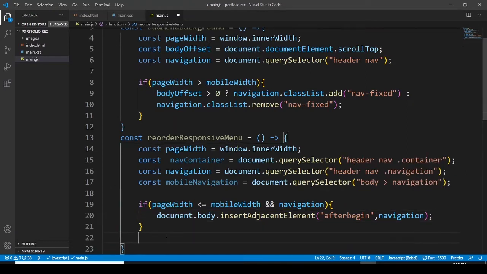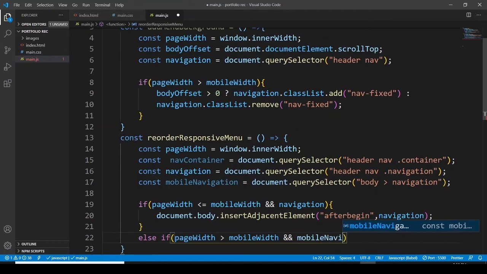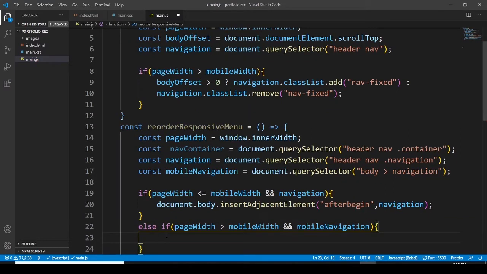Else if, another condition. I'll explain you, don't worry, okay? I'll explain you, hold a minute, hold a moment. Then the page width is going to be greater than mobile width and mobile navigation. Then it is going to say that